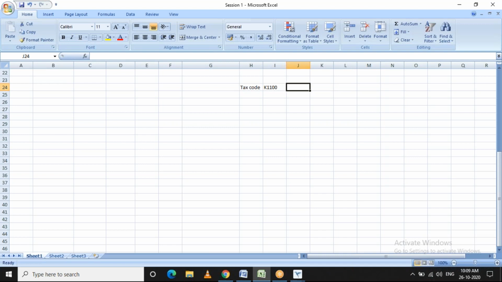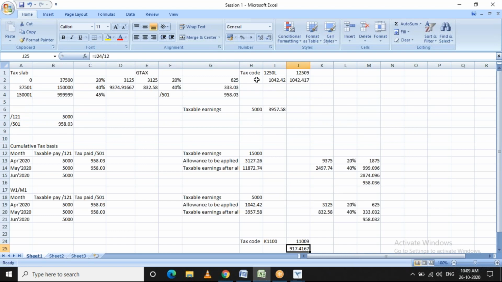So what the system does is replace the K with a 9 at the end, and then it arrives at the period value by dividing it by the payroll frequency. For example, if it is monthly, it will divide by 12, and this will be the allowances. Likewise, what we calculated in the prefix part.